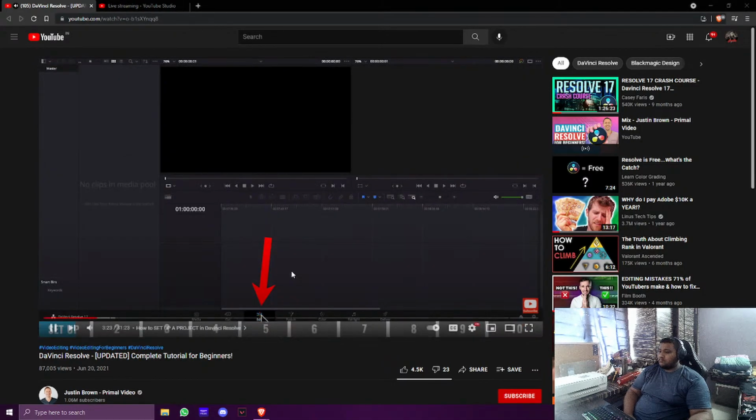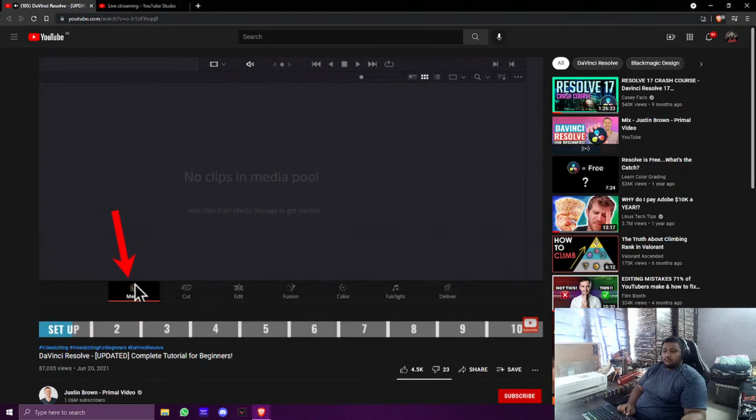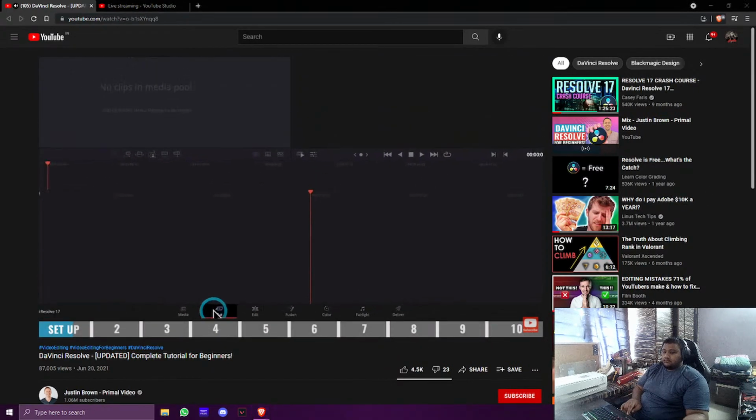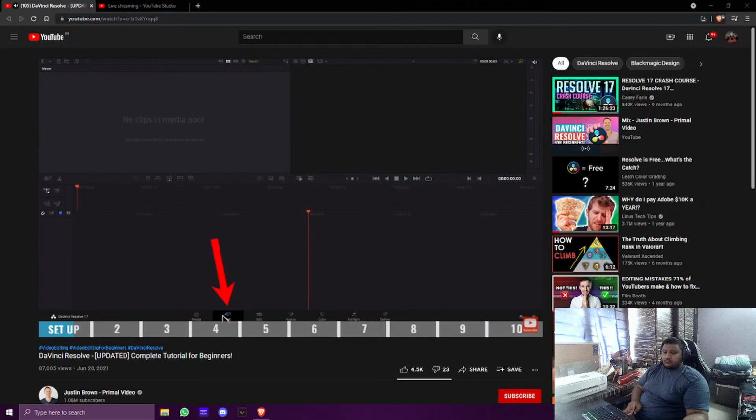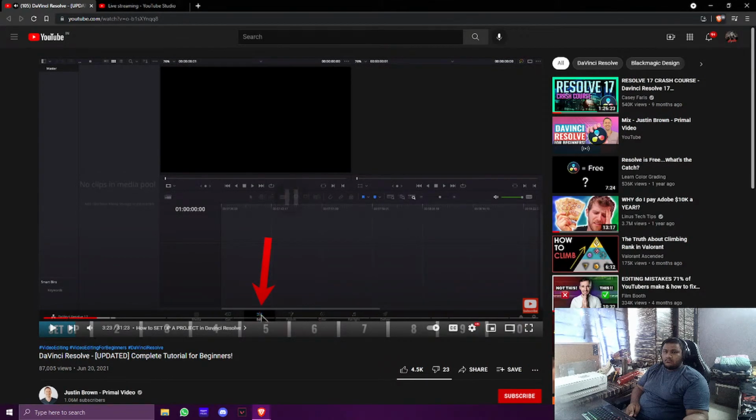This is where you're going to build out your story or your import all your footage and manage all the media that you're going to be using in your video. The cut tab is where you can do some basic edits and cut down your footage. Edit is where the main editing happens. This is where you're going to build